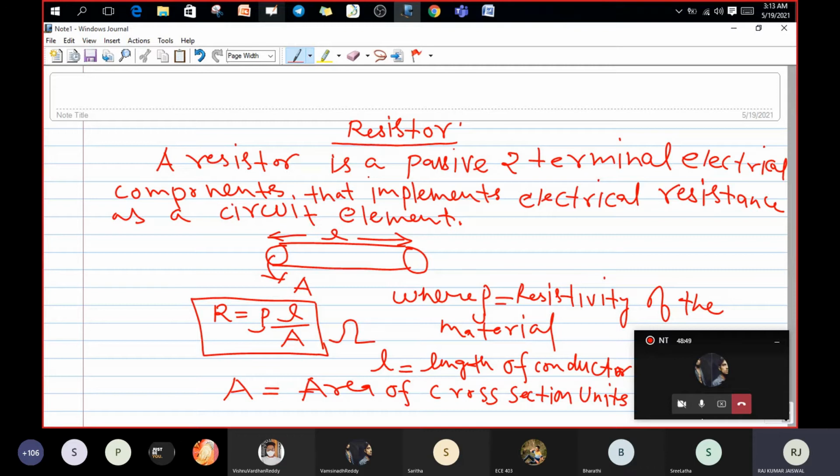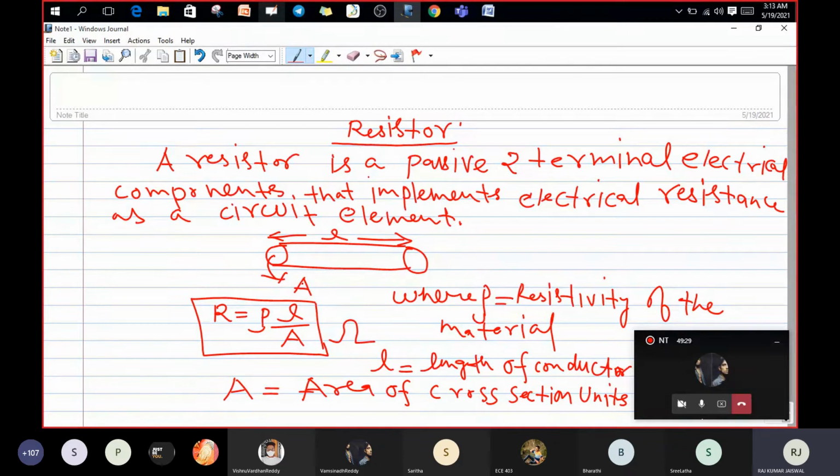Opposing the flow of current, that is up to 9th, 10th level or 12th level. Now you are in BTech, so you are going to use the resistor in the circuit, and when the resistor is there, which formula is applicable, what concepts are there, we will see. Okay, this formula is there, R equals rho L by A. If in any conductor they are asking for the resistivity value, and they are giving the other parameters like length L, cross-section area A and resistance, then you will easily find the resistivity value.